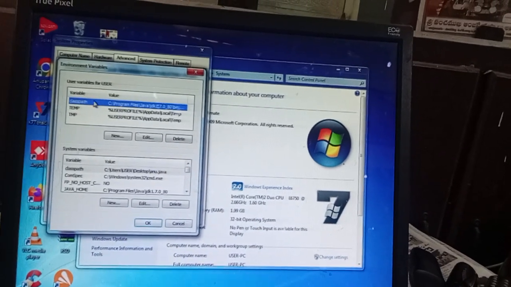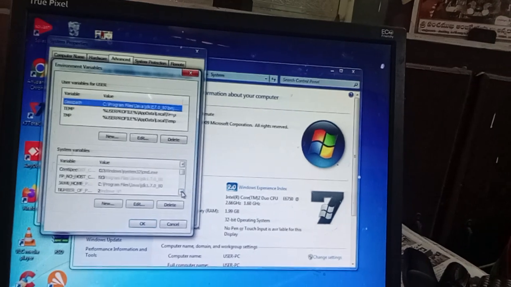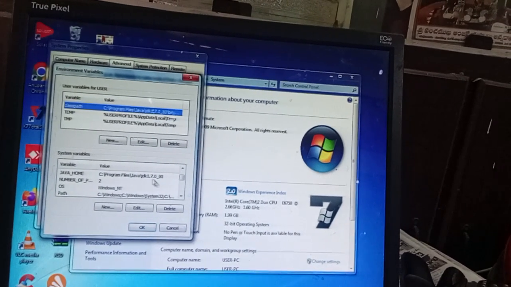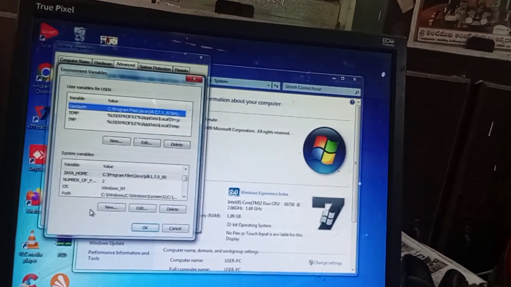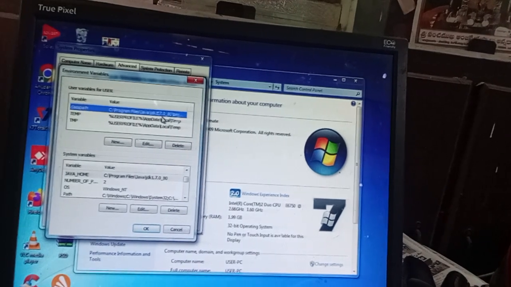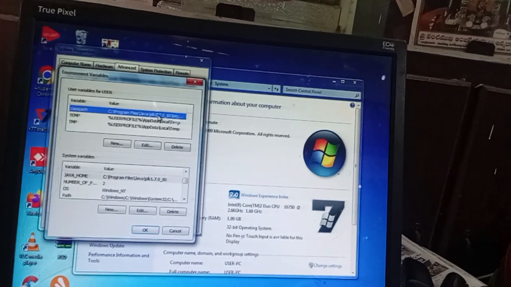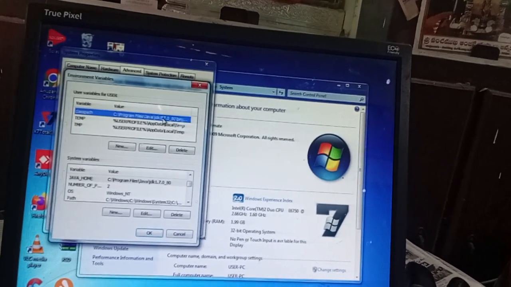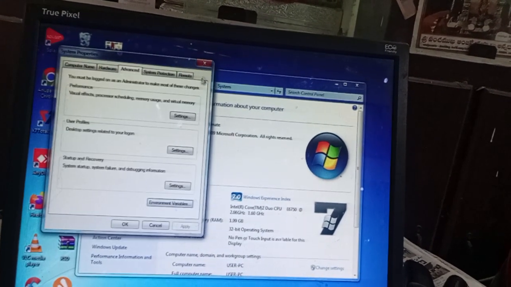Now you can specify the classpath. In this process you can copy and paste the particular path for the particular variables. This is the JAVA_HOME path. Next, this is the path variable. These three must be specified in this way so that only then can you compile or execute Java programs.